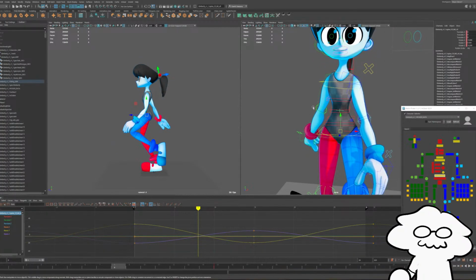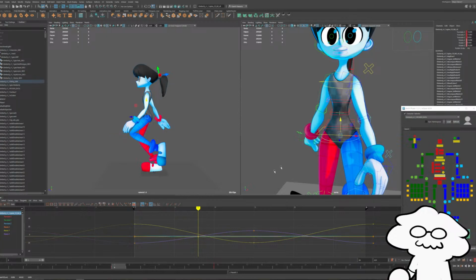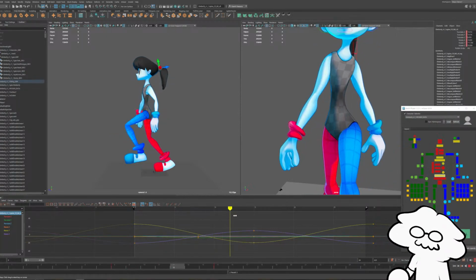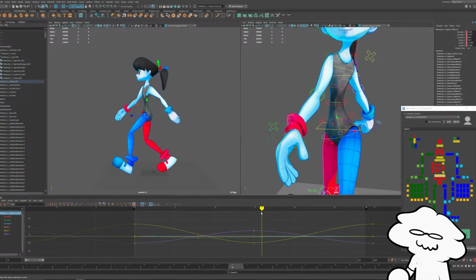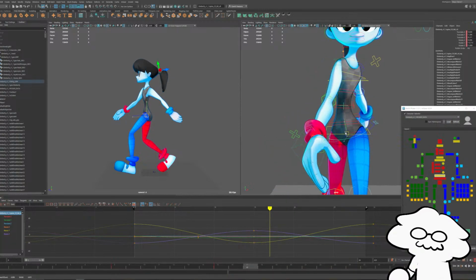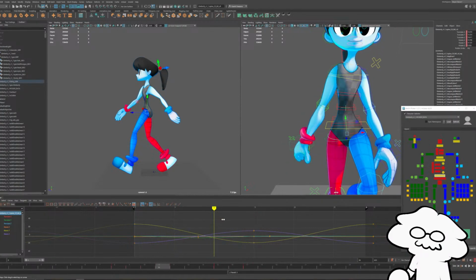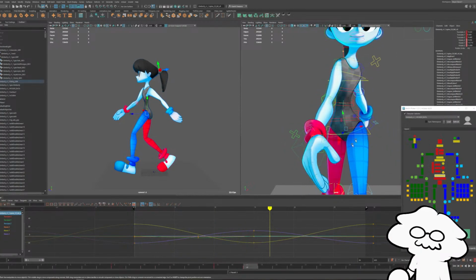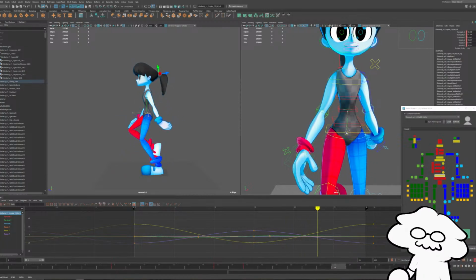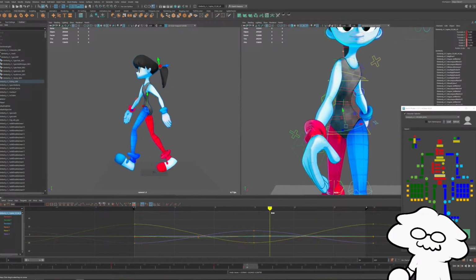Key it downwards. And then around frame 15 or just afterwards, we'll key it a bit upwards. Maybe a little bit more. And then just after that step, key it downwards.